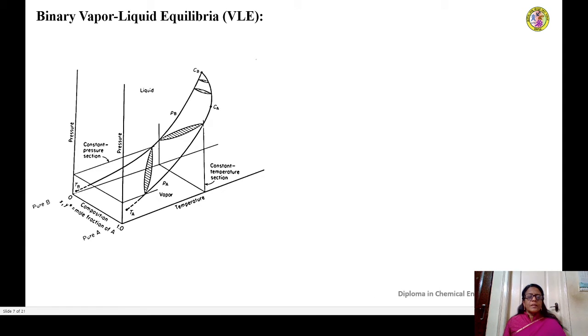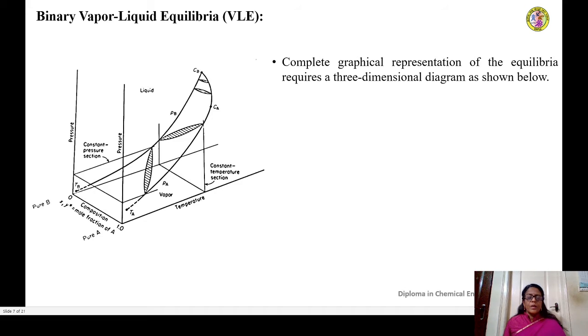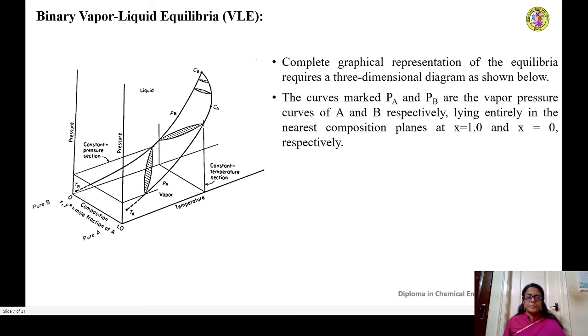So that means the binary vapor liquid equilibria in distillation is the relationship between pressure, temperature, x and y star for a given system. Since there are three variables in vapor liquid equilibria in distillation, the complete representation of binary vapor liquid equilibria is a 3D plot as shown in the diagram. This is how we can represent the binary vapor liquid equilibria graphically. Here you can see the relationship when the various values are plotted.